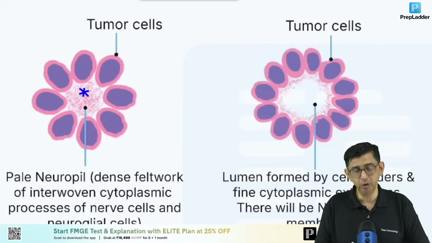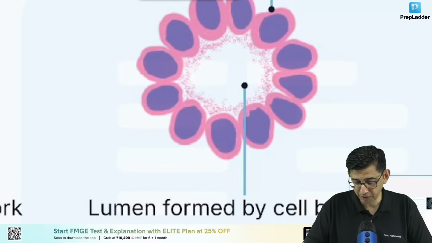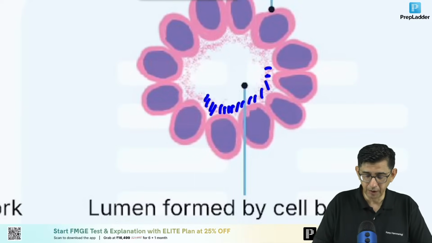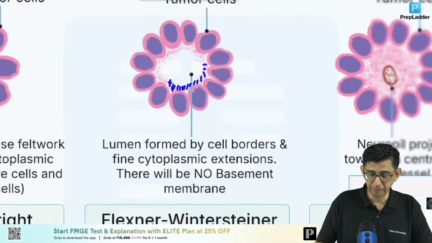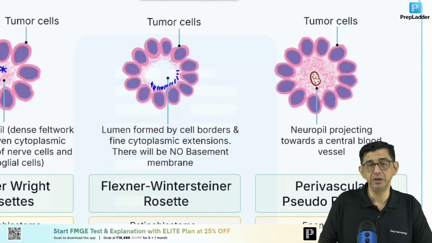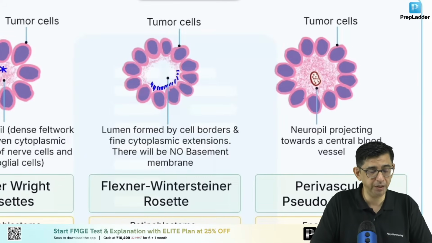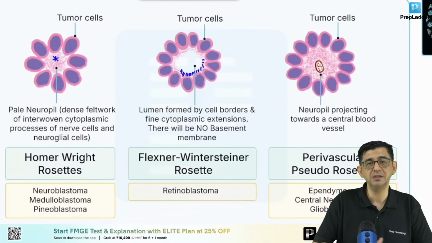Like I said initially, Homer-Wright rosettes, that would be like neuroblastoma. Then you can see these projections, no? These are pink projections. But there is some space present here. So this is going to be Flexner-Wintersteiner. But if there is a blood vessel in between, then it is going to be a perivascular pseudorosette, like in ependymoma. This is, guys, a must-know fact for you as far as the slides are concerned, because